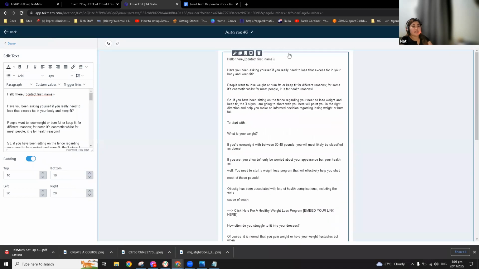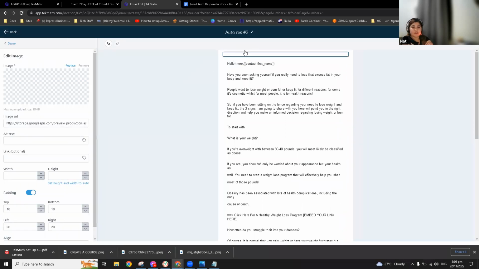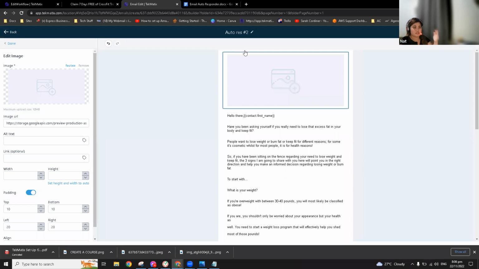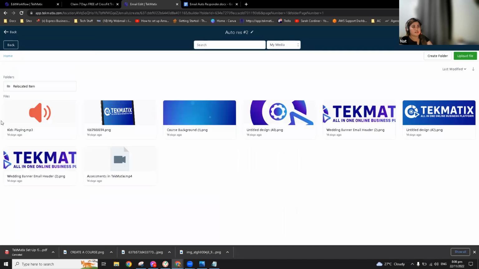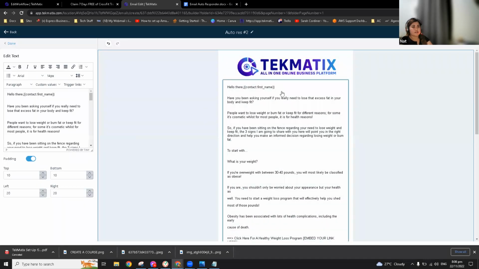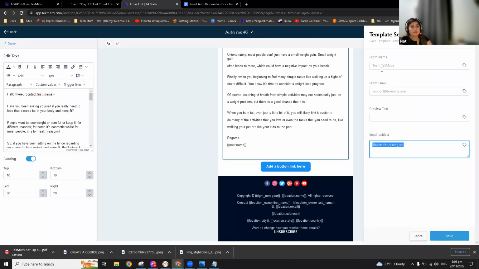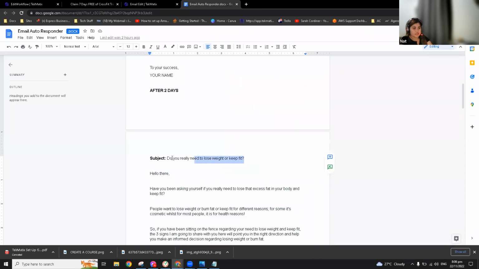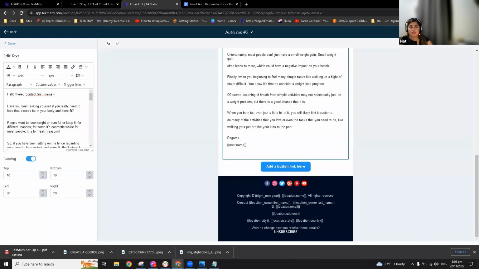So yeah. And also you can add an email banner. What we usually do is we go to Canva and edit an email banner with the precise size that fits into this email builder. So you can actually do that. But for me, let's just do the Tekmatix logo. Just put it in here to make it look like this. And after that, don't forget to set up the from name, email, and the subject. So I'm good with the from name and from email, but you can definitely change it. So let me just copy that one, paste it here into the email subject, and then click save. And save template.